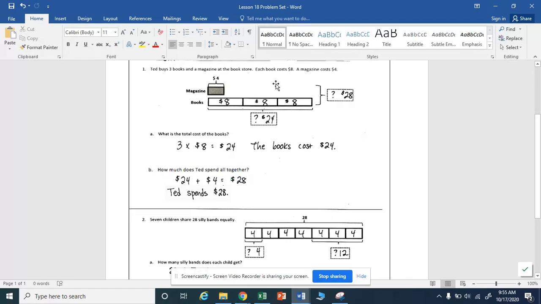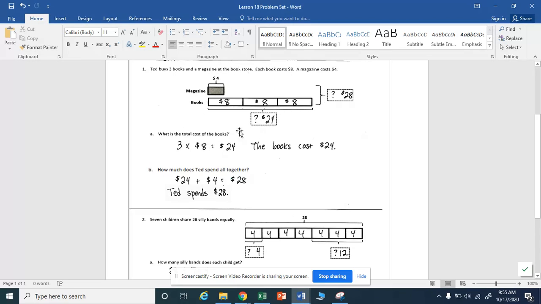So when I start to draw my tape diagram, I know I'm going to draw my 3 books connected. And in each of those boxes, which is the unit, we know that each book costs $8. So 1, 2, 3 books, which means that's 3 times 8. Well, we don't know that the answer is 24, because that was the unknown, we want to know what